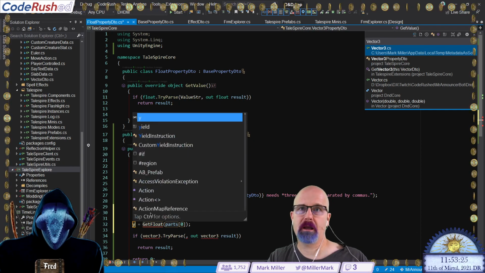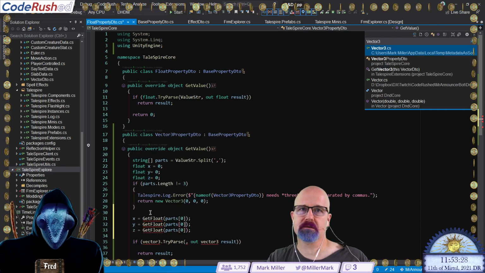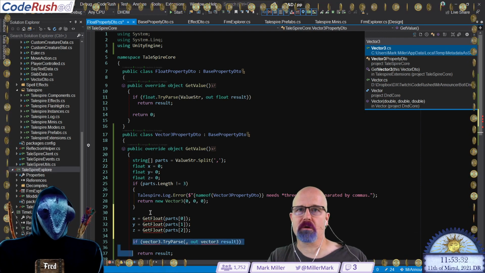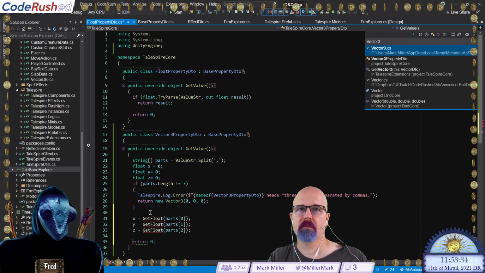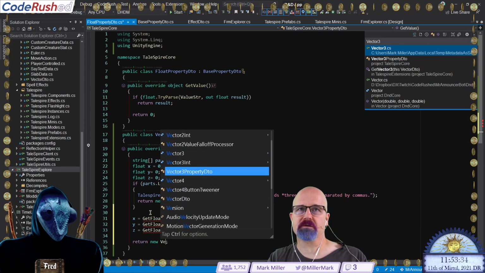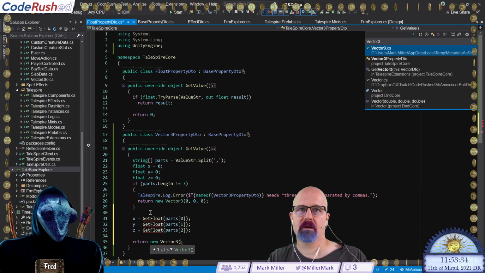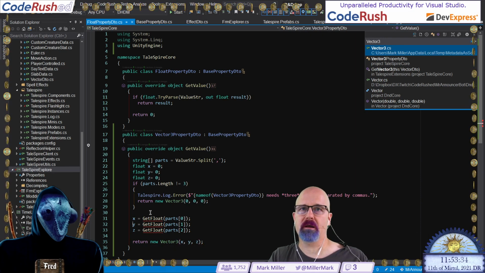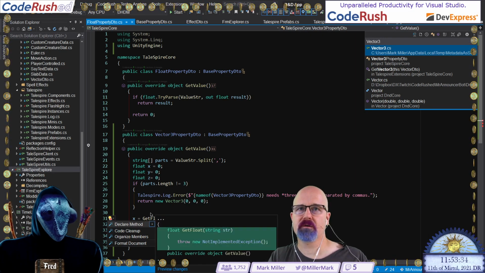Change that to a y. And like that. And then we're going to say return a new vector 3 again, based on x, y, and z. Okay. And finally, we need get float.